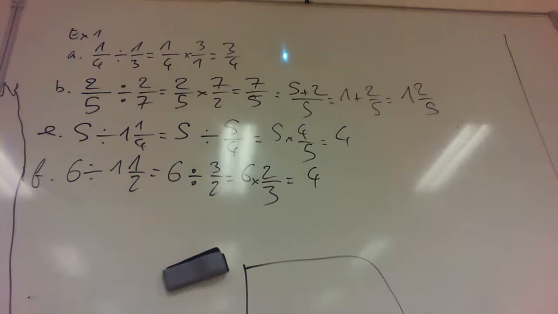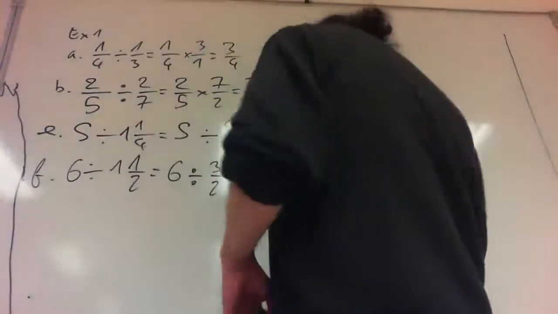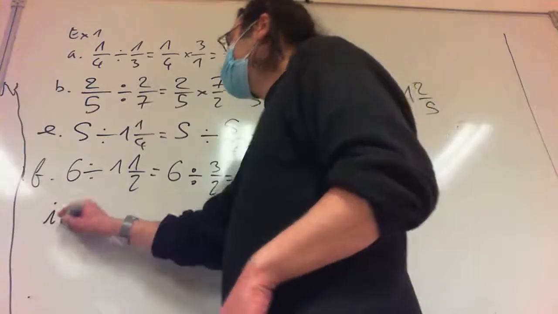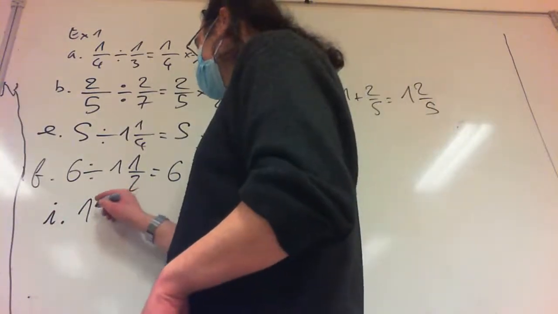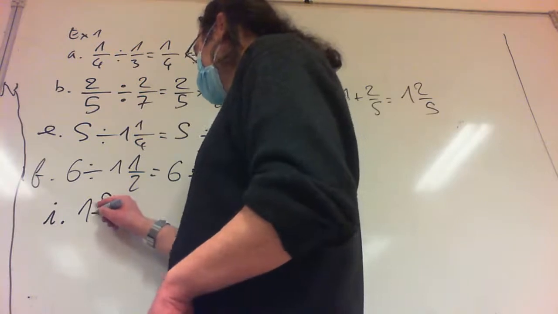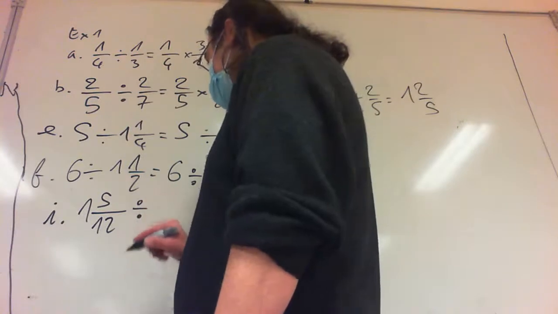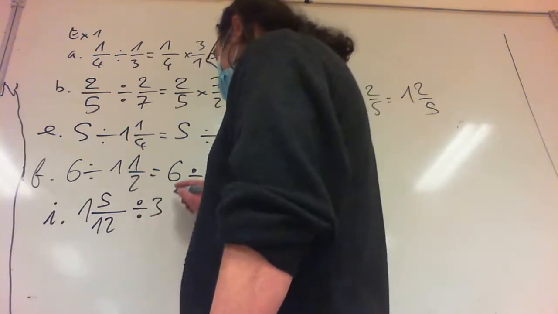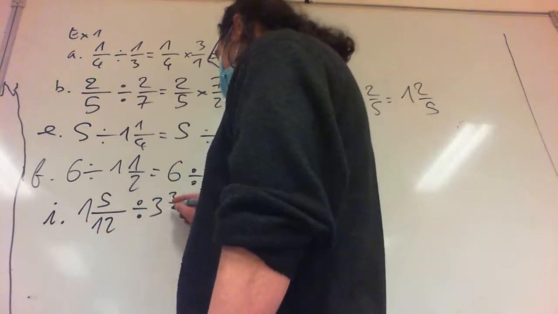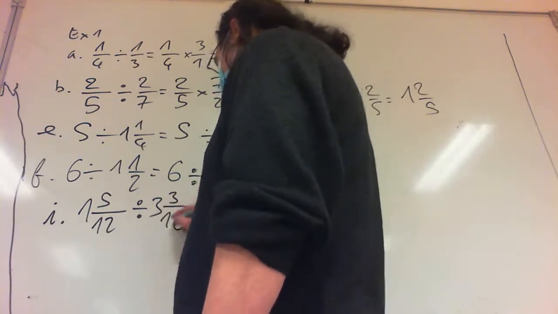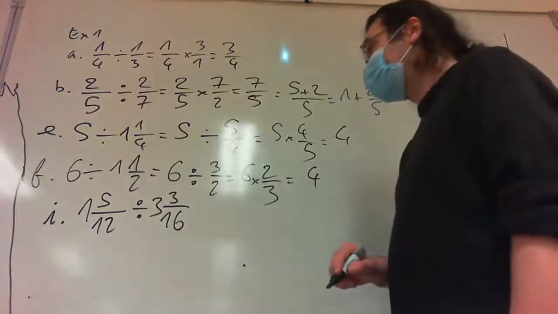So we just have the I left. You ready for the I? Okay, let's begin. 1 and 5, 12. 5, 12. Okay. Divided by 3 and 3, 16. 16. Mm-hmm. Is equal to